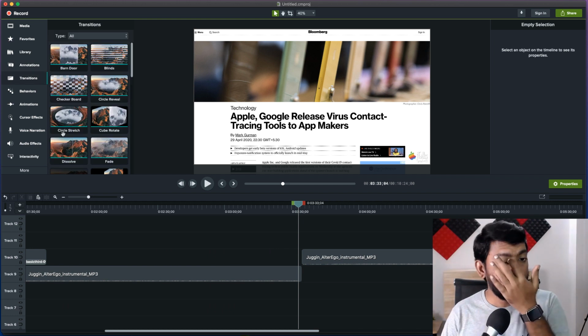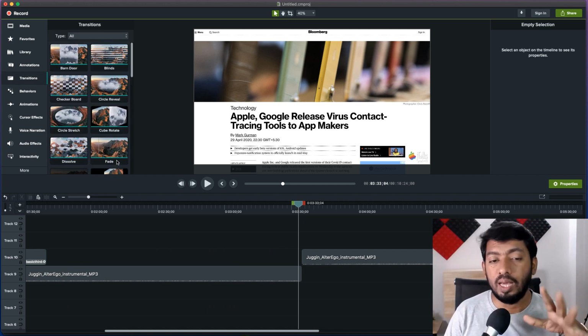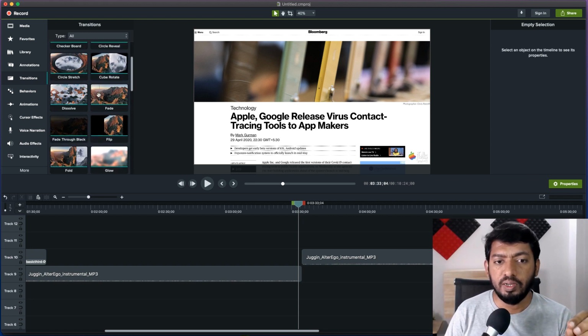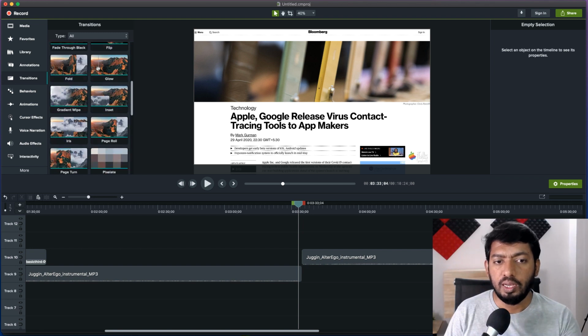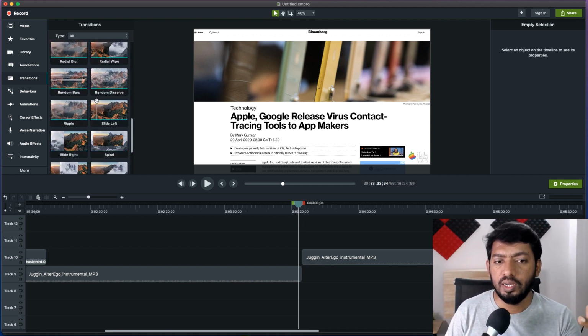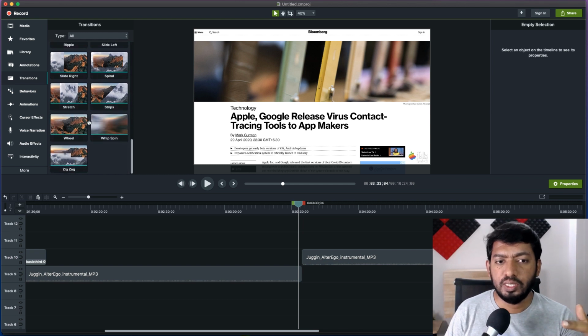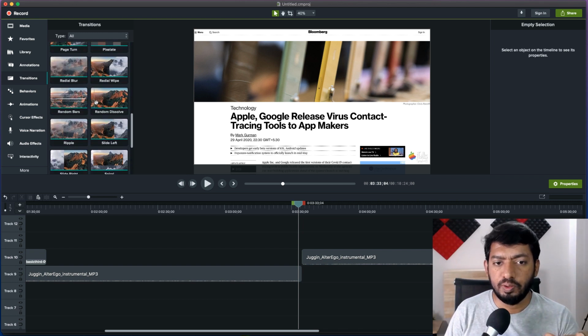And the next one is transitions. There are very small, minor fine tunings with each and every transition, I believe. It is good. A couple of transitions are new to me. As I can see, the glow, I don't remember seeing it in the previous one, and the whip spin was there, but the random dissolve, I think it is kind of new to me.